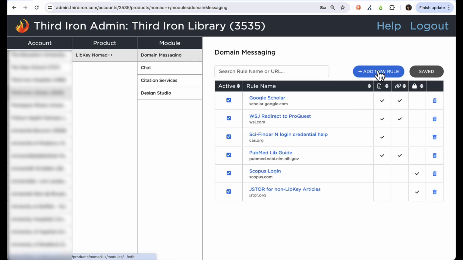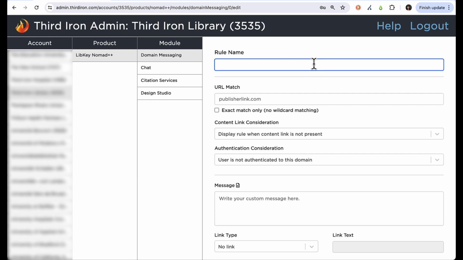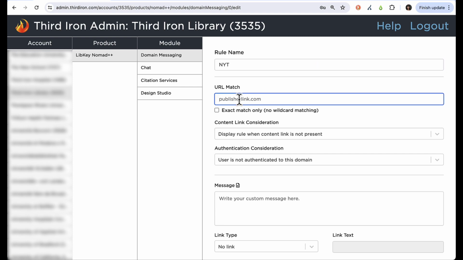I'm going to create a rule for the New York Times, so let's give our rule a simple name. Next, we have to specify where we want this rule to activate. You can choose to have your rule activate on an entire domain, a subdomain, or just on a specific web page. If you choose exact matches only, then your rule will only activate on the exact domain or URL that